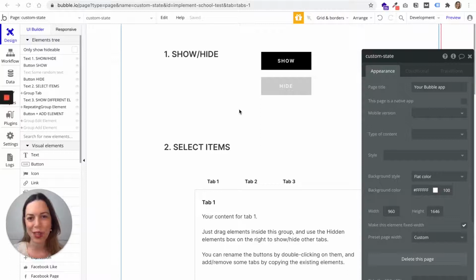Let's talk about custom states. When I first started to create apps on Bubble, I was super intimidated by custom states. I did not understand why I needed to use them or when I needed to use them. So basically, custom states will be used when you want to change the way things are displayed, and also they